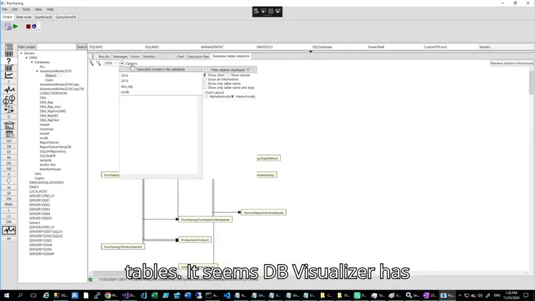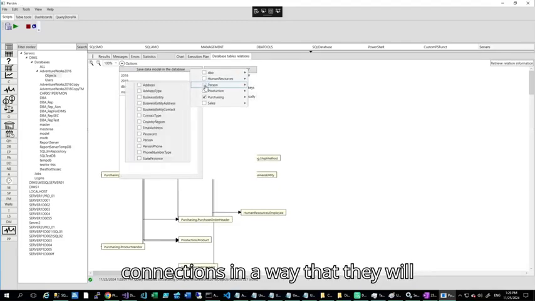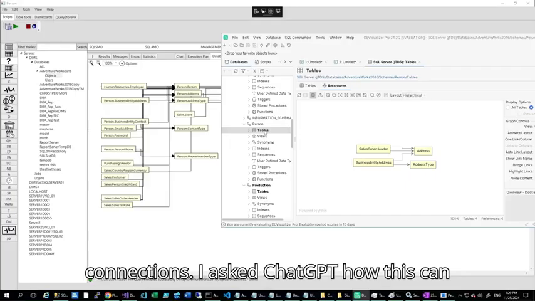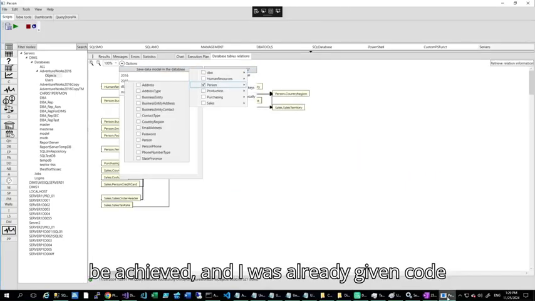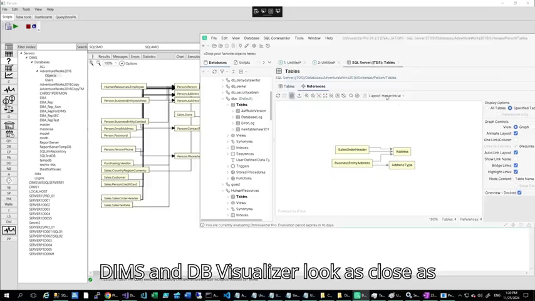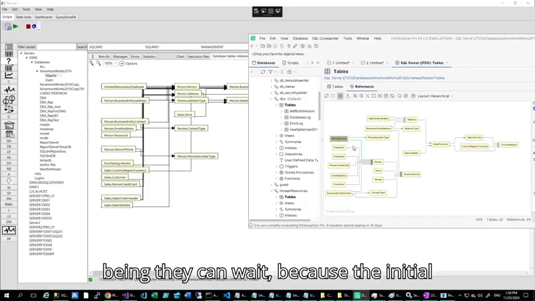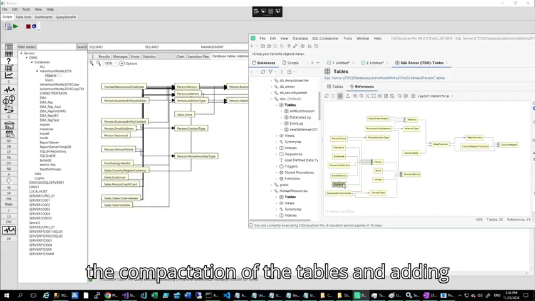tables. It seems DB Visualizer has additional code which will create the connections in a way that they will intersect the least with other connections. I asked ChatGPT how this can be achieved, and I was given code that I could have tried in order to make DIMS and DB Visualizer look as close as possible, but I decided that for the time being they can wait because the initial goal for the visual representation was the compaction of the tables and adding the